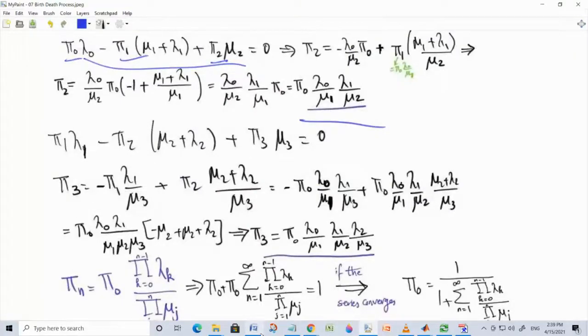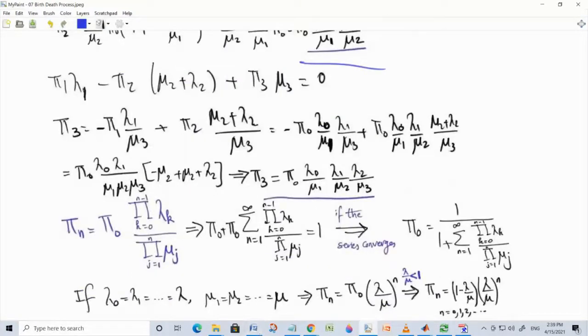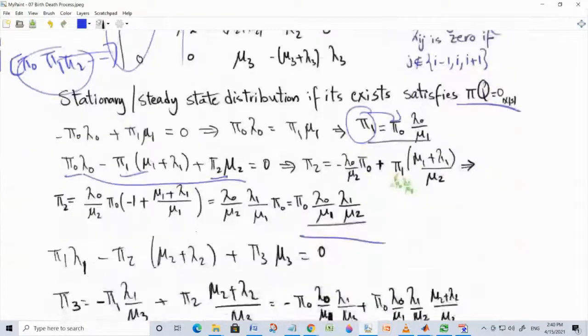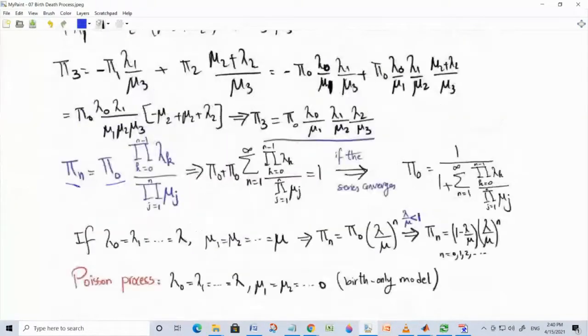Perhaps you can confirm by induction that pi n is pi 0 multiplied by the product of lambdas and mu's, and those are the lambdas and mu's that appear on the diagonal above the main diagonal and the diagonal below the main diagonal. Okay, so you will get this expression here, and then you say, well,